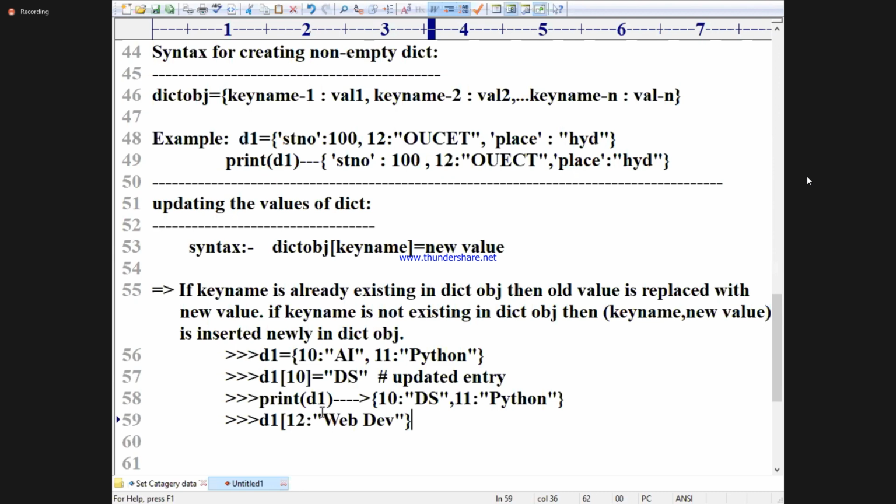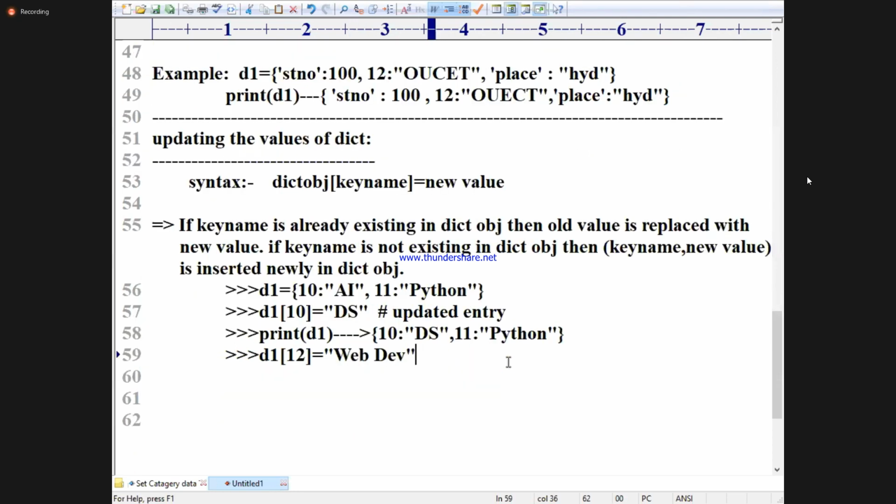Now tell me what is happening. Is it a new entry or an existing entry? New entry. Why a new entry? Because 12 is not within the existing keys, so it is taken as a new entry. Now print of D1.